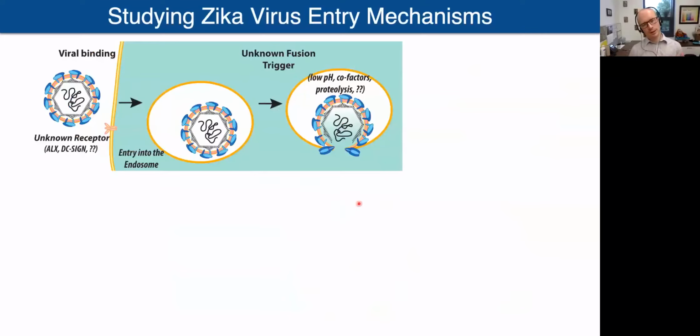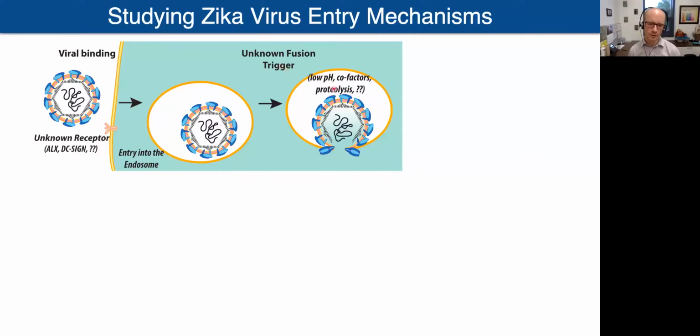We were interested in studying questions relating to the early mechanisms in the infectious cycle, specifically the membrane fusion stage. So this is a model that sets the stage for our questions and probably looks a little familiar at this point. This is Zika virus. This would be the cell membrane, and the green part here would represent the cytoplasm inside the cell. So the virus binds to a receptor, which has been a controversial topic. There are some different candidates proposed, but it's unknown. It then gets taken up by endocytosis, similar to SARS-CoV-2, and then something is going to trigger it for fusion.